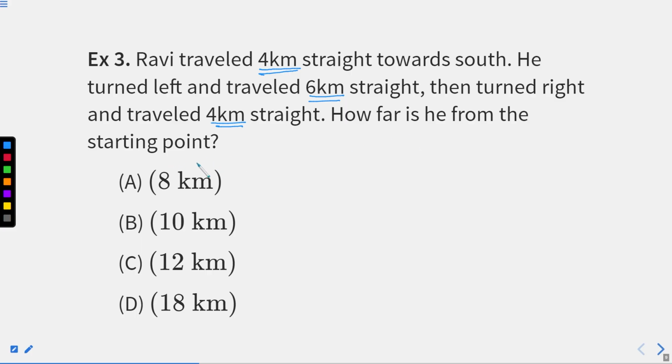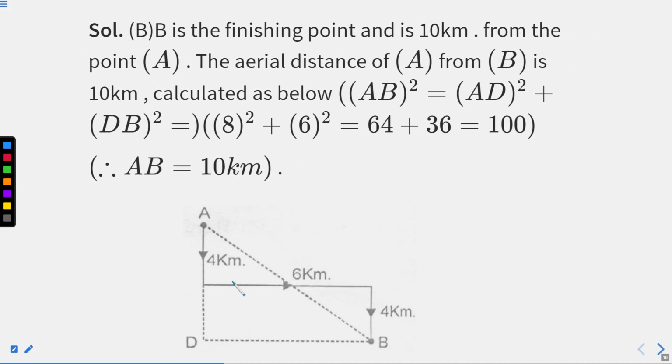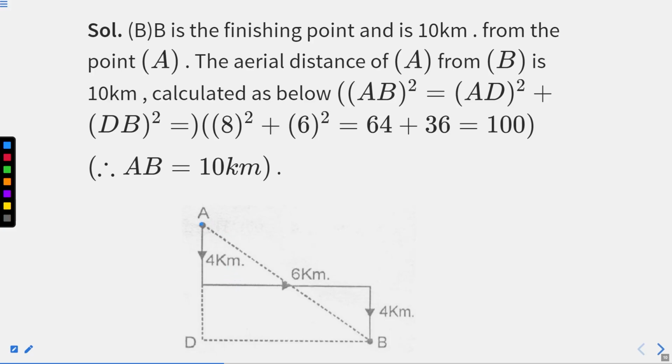Now, in the previous two questions, we were supposed to find the direction in which we are as compared to the final point. Now, in the third question, the basic difference is that you are not supposed to find the direction, but actually you are supposed to find the distance from the initial to the final point, right? So the diagram for the same question says that from point A, we moved 4 kilometers towards south, then we moved 6 kilometers towards east, right? And then to south towards point B, right?